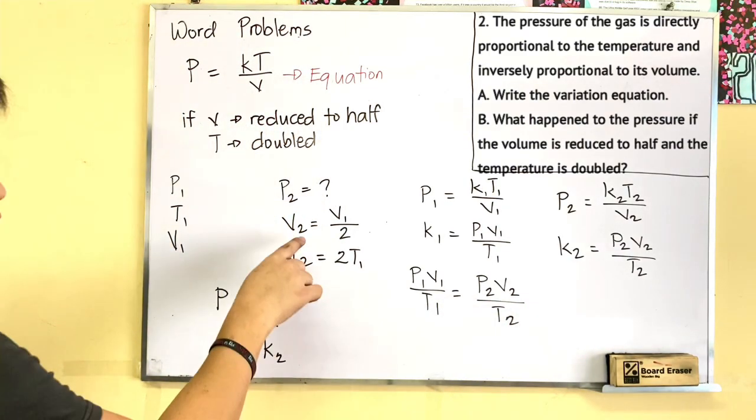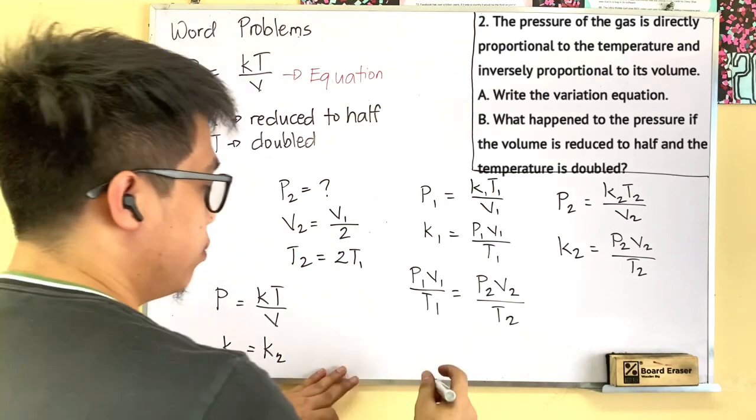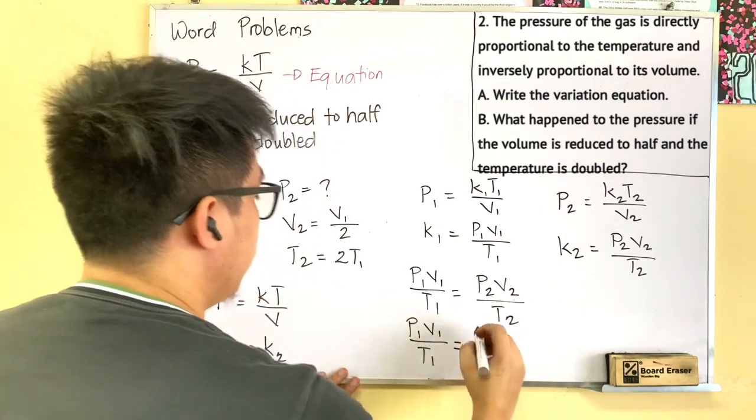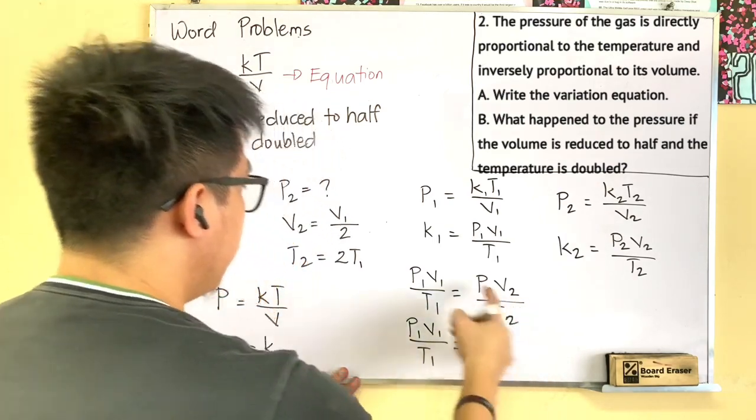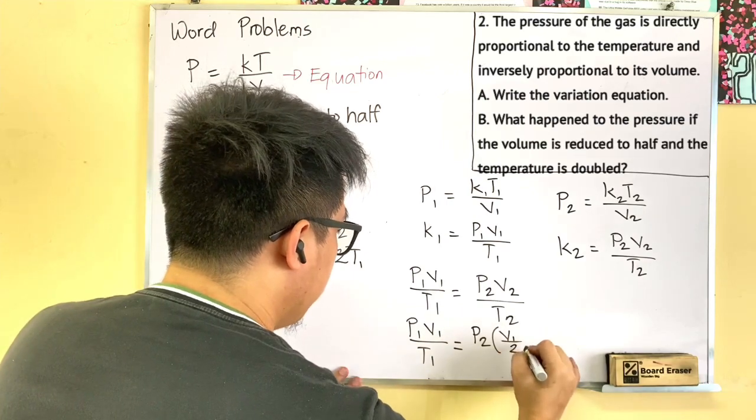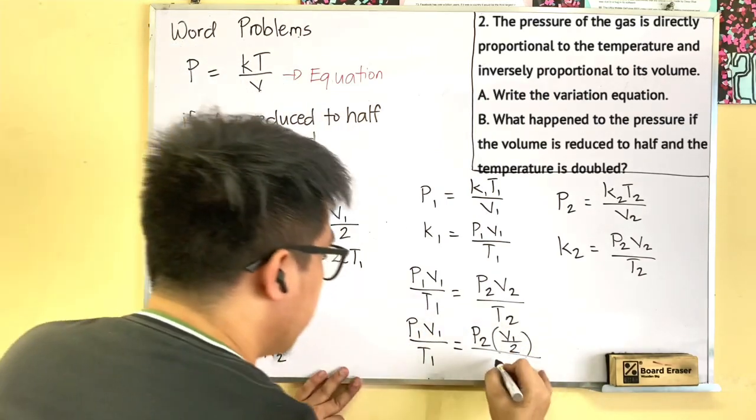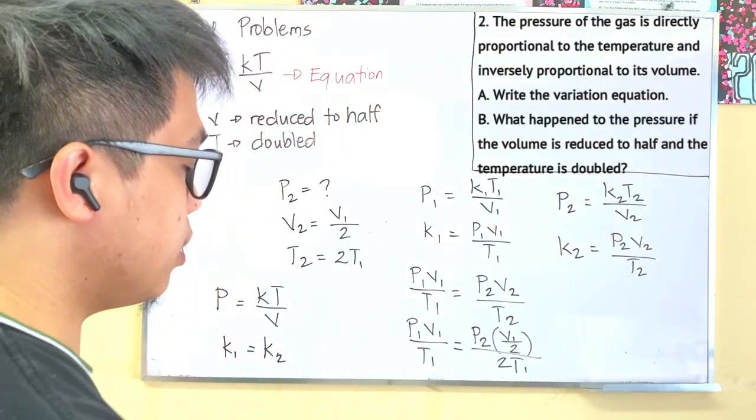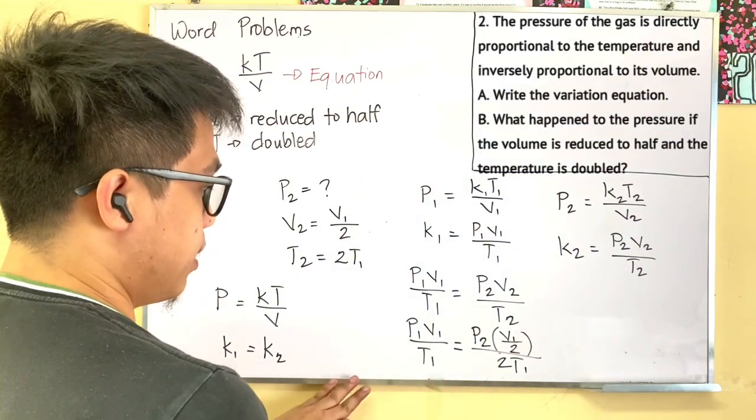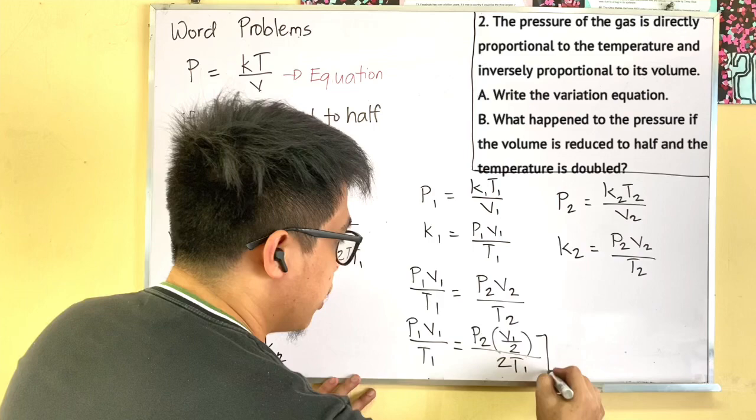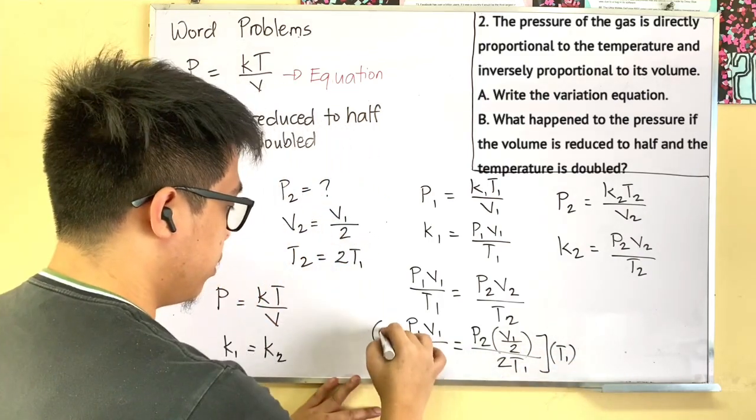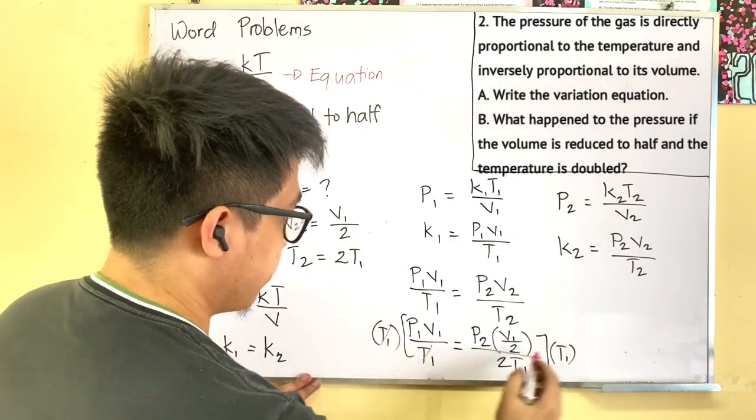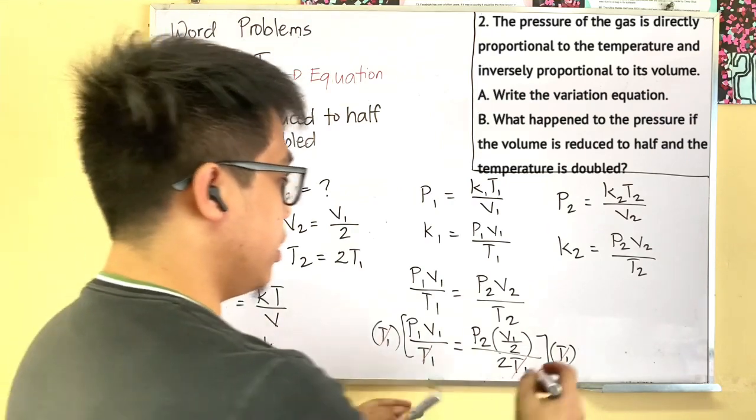Pero as you can see here, si V2 is equal to V1 over 2. So, substitute natin. P1 V1 all over T1 is equal to P2, which is the unknown, times V2, which is V1 all over 2, all over T2, which is 2T1. Next, as you can see here, meron tayong T1 sa parehas na magkabilang side. So, kapag minultiply ko siya, both sides sa T1, mawawala na yung ating T1. So, matitira natin dito is